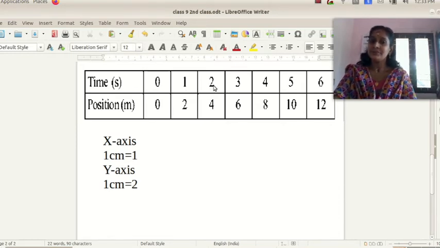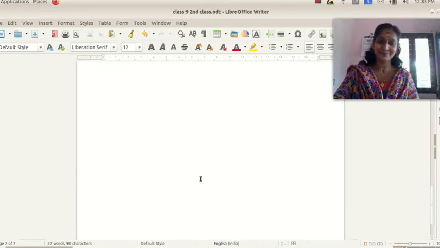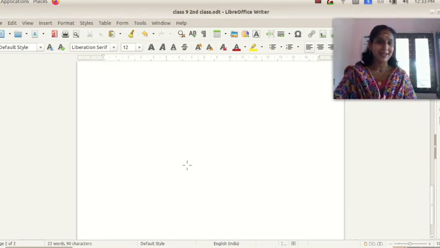So here in x-axis 1 centimeter is taken as 1 because it is increasing by 1. Here 0, increased to 1, and increased to 2. So the value is increasing by 1. Then here in y-axis we take 1 centimeter is equal to 2, isn't it? Because it is increasing by 2. Here it is increasing by 1, here increasing by 2, isn't it? Yes. So we are going to draw the graph with my pen. You know there are some drawbacks with my pen. Please adjust it. Okay.